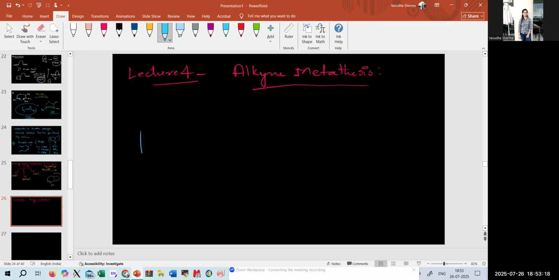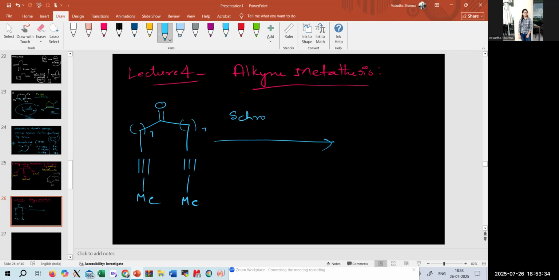Basically, we have a number 7 chain, with CH2 repeated 7 times, and an alkyne coordinated to a methyl. Now, using a Schrock catalyst, which is the tungsten one, and an alkyne with tertiary butyl,